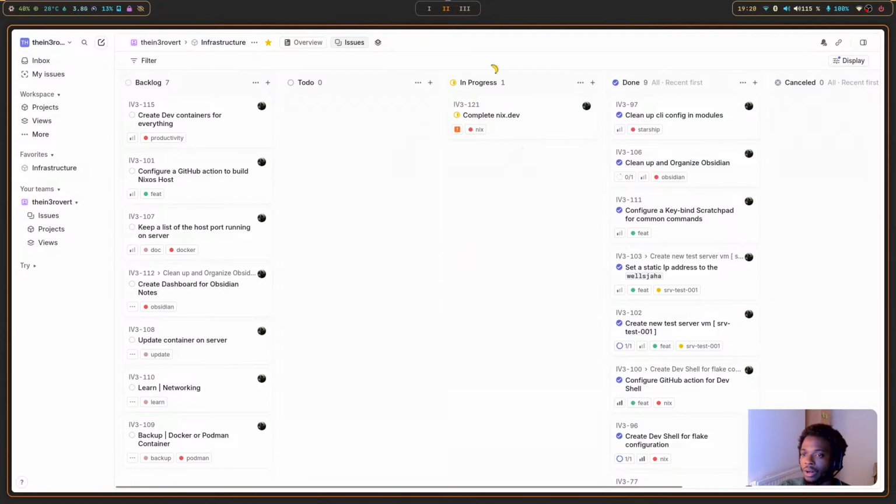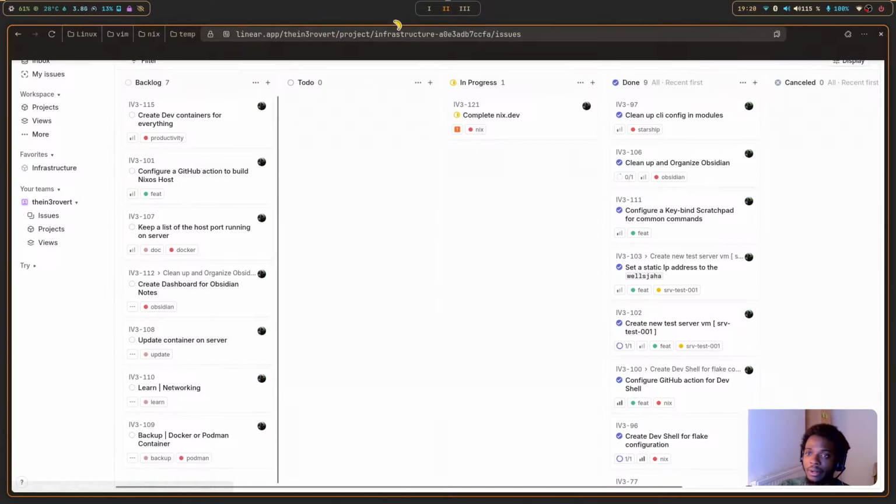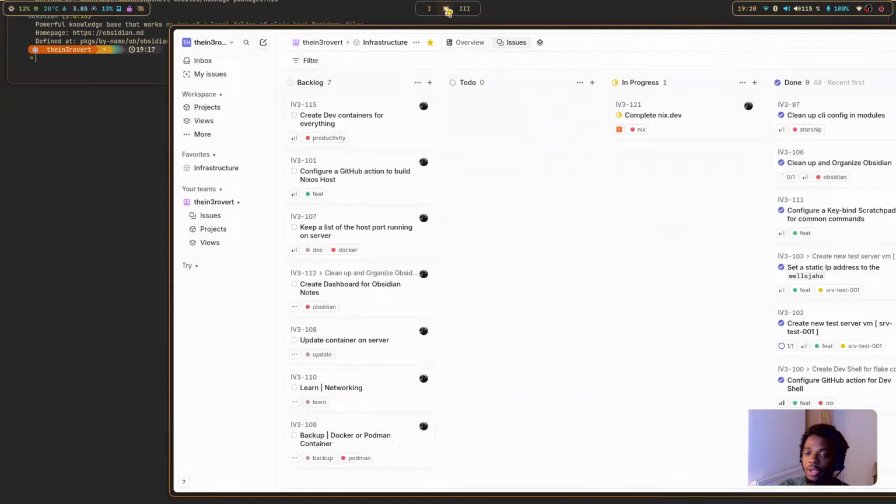Currently we are in this section. We're trying to learn Nix using nix.dev. And once I'm done with this, I'm going to pick something else to learn. So before we get in the groove,